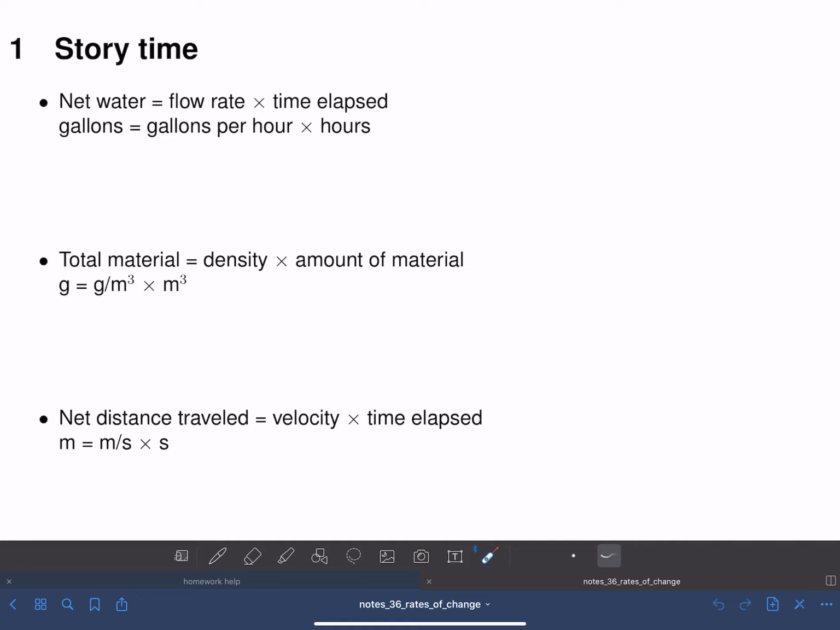The first one that I want to draw on is that the net water accumulated is equal to the flow rate times the time elapsed at that particular flow rate. So higher flow means that we're going to have more water, and lower flow means that we're going to accumulate less water. And it's possible that that flow rate could be negative in case there's a drain, right? So imagine that we have a bathtub, and there's a drain that looks like Florida, and there's a faucet